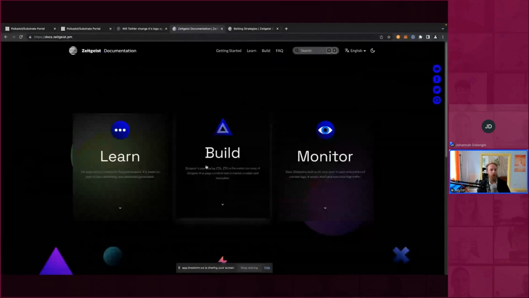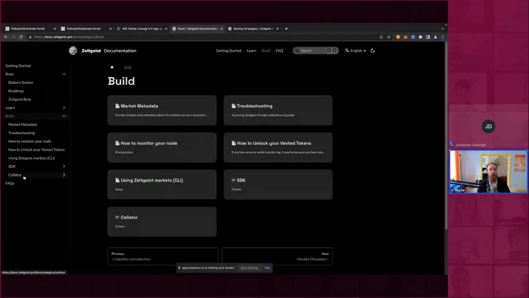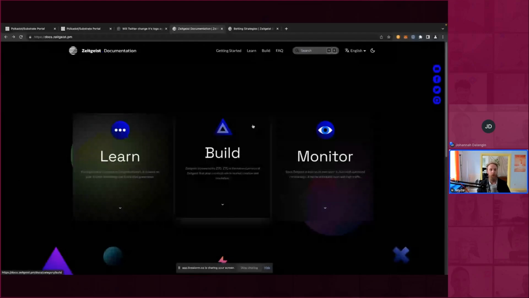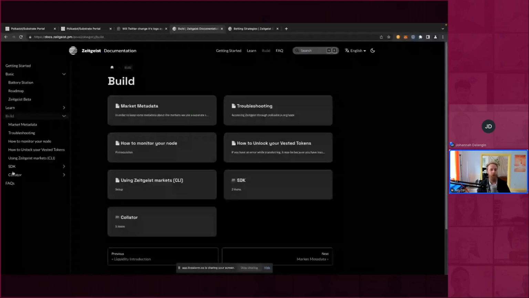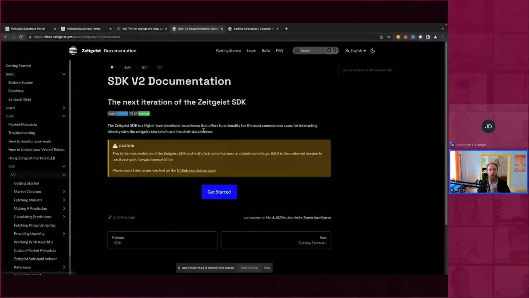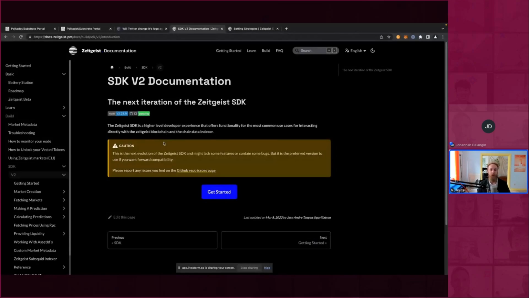You can find the docs to the SDK on the landing page, under build, and then SDK v2. It says here caution, because this is the next evolution of the Zeitgeist SDK, and it's fresh off the assembly line, and everything's still kind of in flux. So check back regularly and check GitHub, because things might change a little bit in the future.